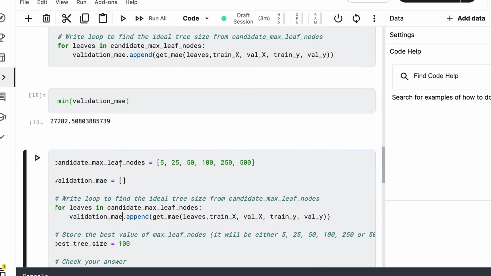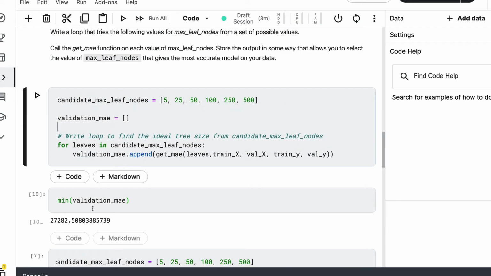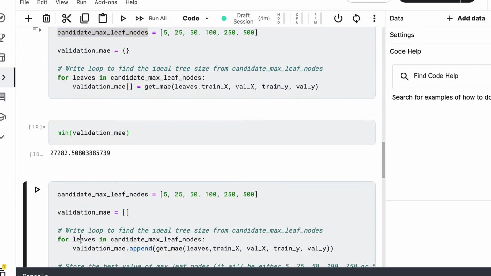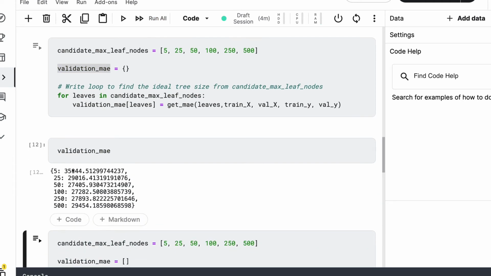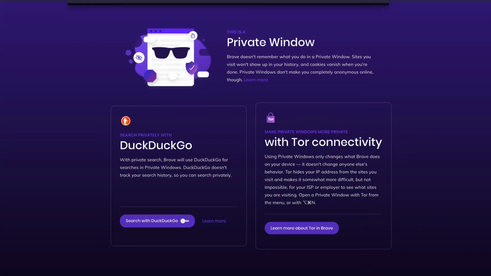So now what you can actually do is create a dictionary. I think that would be better. So you can start adding entries like this, with the key equal to the node, which in our case is leaves. If we do this, when you print it, you would see a dictionary of every node and its value. For the easiest way for us to figure out the minimum, let's search